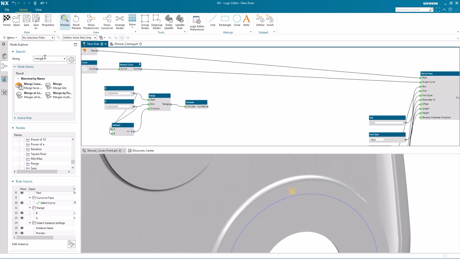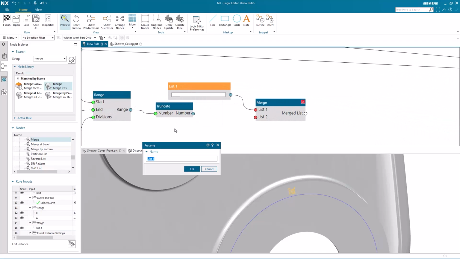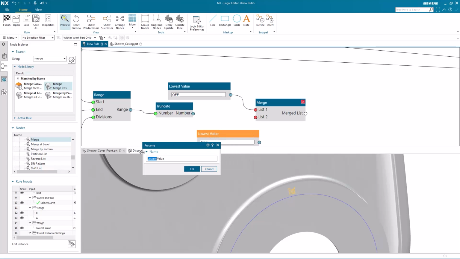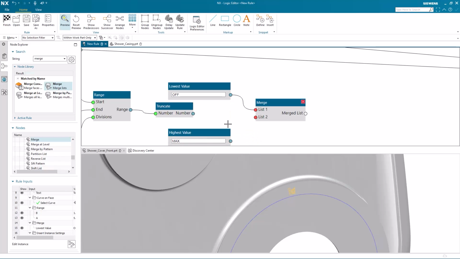So I find the applicable node, bring it into my rules window, and then start to define the inputs. The first input is going to be the lowest value for my display. I can rename the node to reflect that and type in a value. You can copy and paste nodes to speed up rule creation. Here I'm going to define the highest value for my display, and again input the text for that. All I need to do now is to connect the other 2 lists to the node,